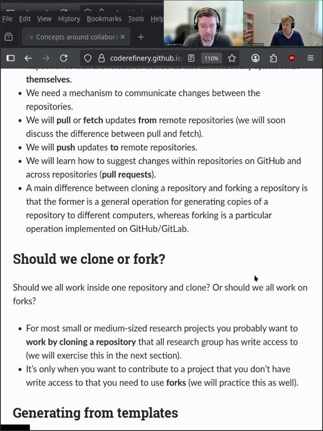But if you then want to contribute to, let's say, a large project like NumPy, for instance, for those of you who work in Python, they might recognize that immediately. That's one of the most popular libraries. Then you cannot just clone that. You would have to fork it first and then work on the code. So it's also correlated with the size of the repository.